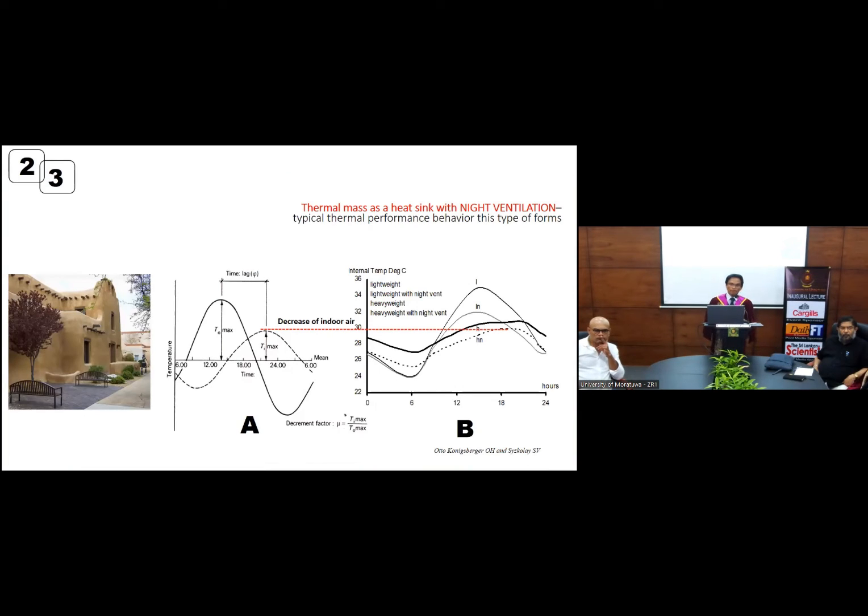is lightweight. So in lightweight buildings, internal temperature is relatively higher than heavyweight buildings. The next one is lightweight with night ventilation. It's relatively better. Then heavyweight or high thermal mass buildings are better than the previous two. And thermal mass with night ventilation is much better. So there is plenty of evidence from other parts of the world, especially from hot dry climates. And there's an argument that this effect is practical, and this effect can be seen only in hot dry climates because of the large diurnal temperature range.